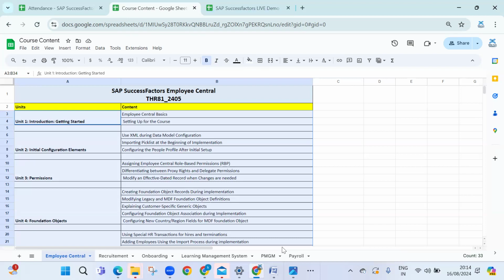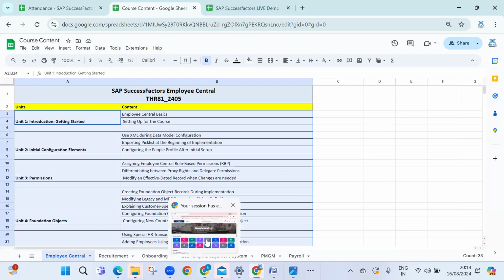So let us see how the system looks like and what kind of configuration. There are many things we can discuss. If you have any queries, you can drop me a message so that I can clear them. But we have only a one hour session, so we'll see the functionality and the practical exposure, and what we will do live. So let's go to the system.